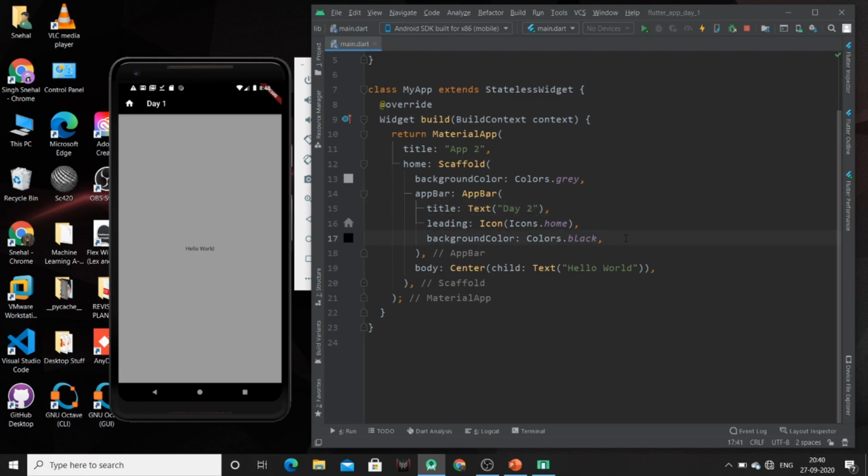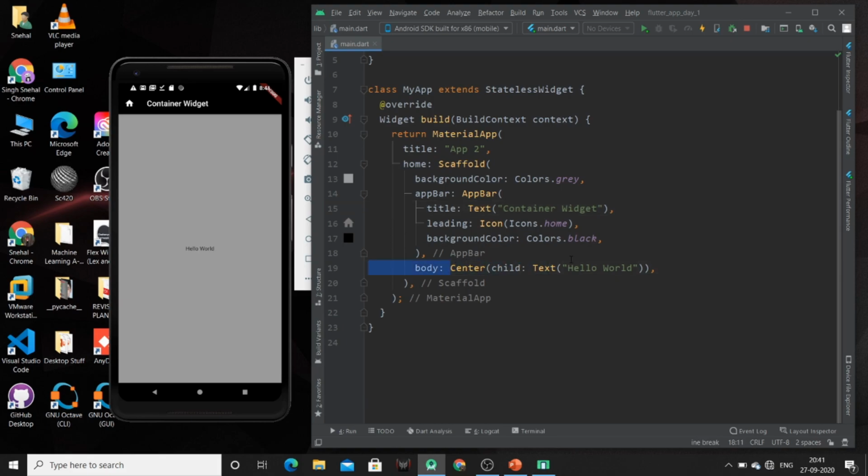Now just hit Ctrl S to reload your app. Here you can see that the app bar contains the title day 2, or we can say container widget. Just hit Ctrl S. So you can see that the title of the app bar has changed.